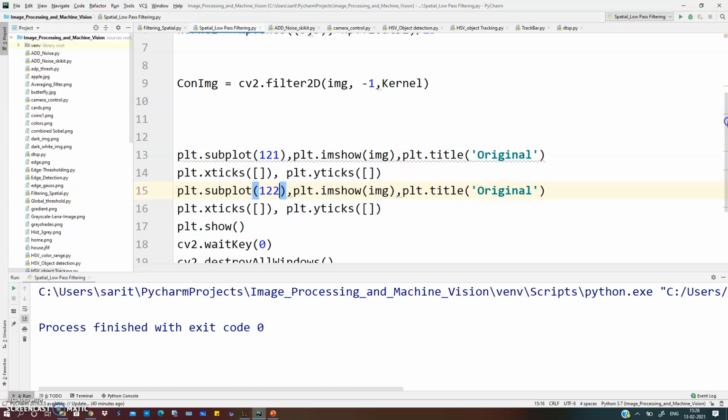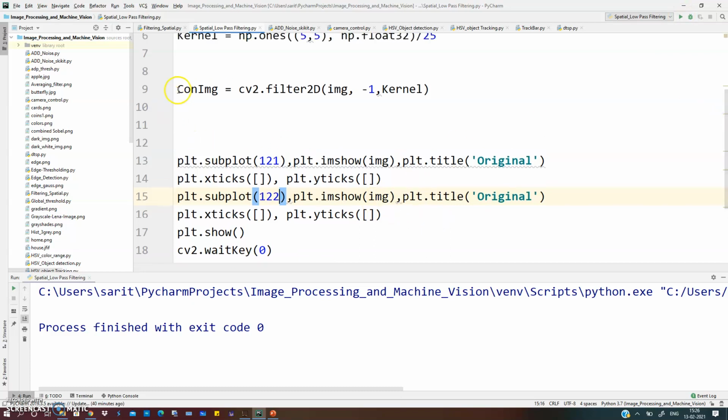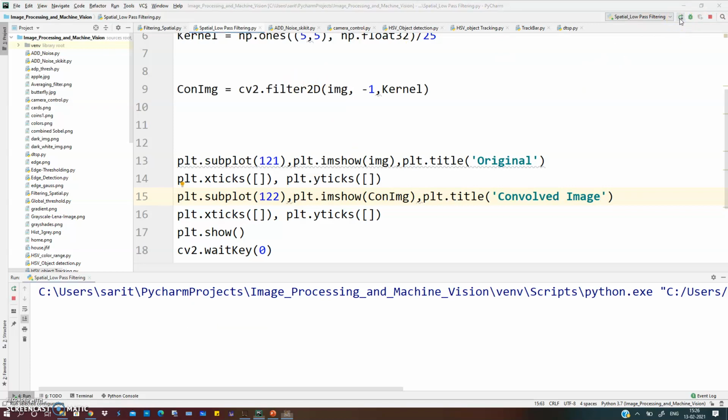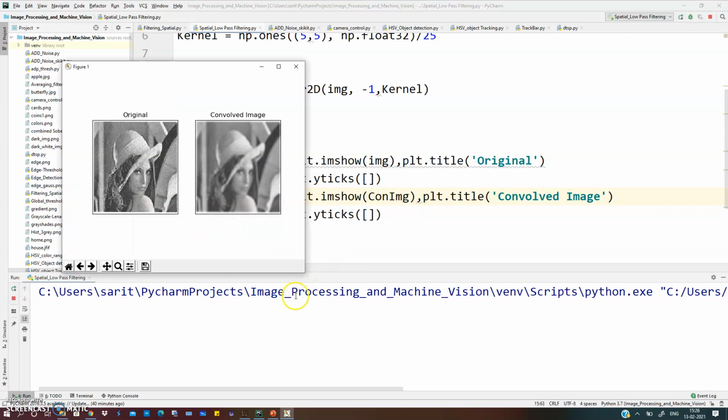Okay, here we need to change which image we want to view. We want to view the convolved image, and the title is convolved image. Let's run. Yes, this is our result.